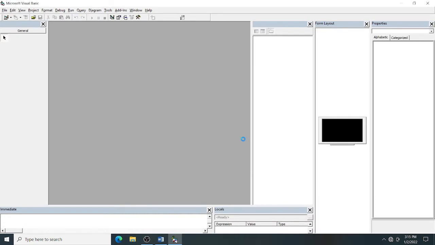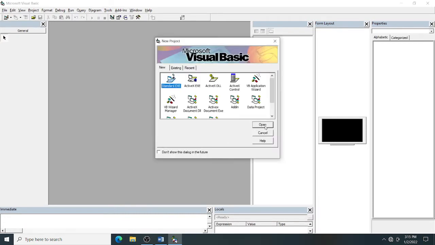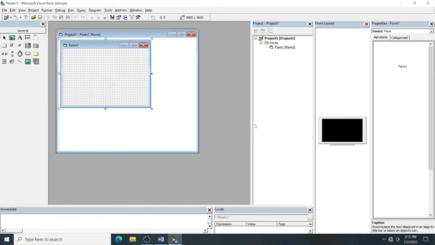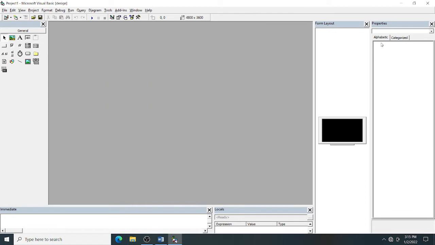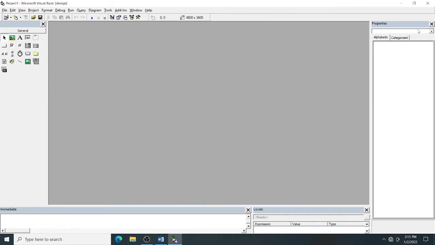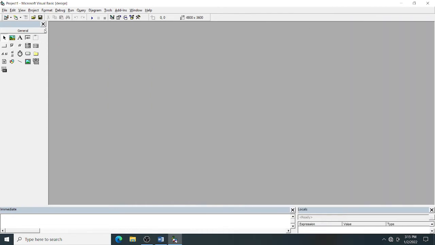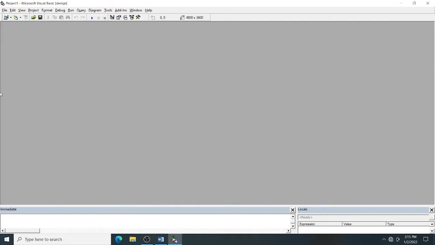So it's showing it is the enterprise edition. Here it is showing you the number of application types. In that, the standard EXE application is already selected by default. You just open it. Okay, you can see this is the IDE. In total, this is your Visual Basic IDE. It contains a number of windows. So I'll close all the windows, then I will open and show you each window. Now this is your Visual Basic Project 1.